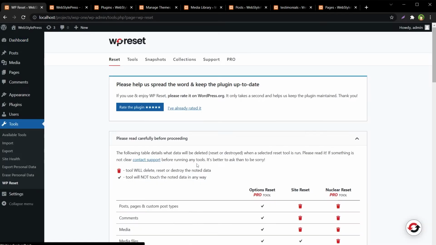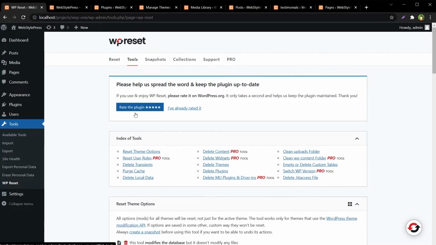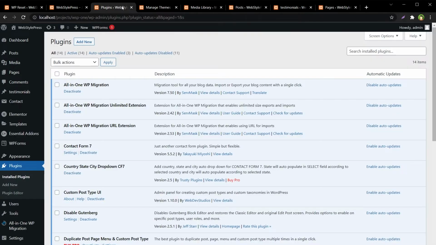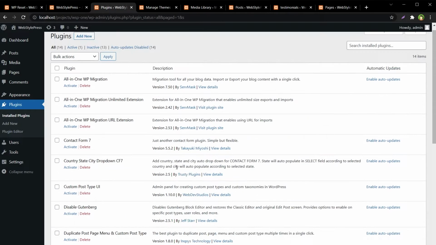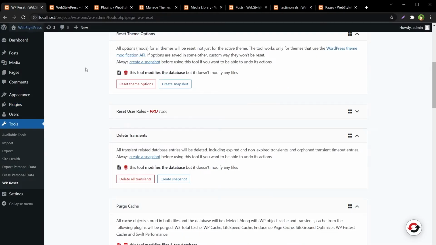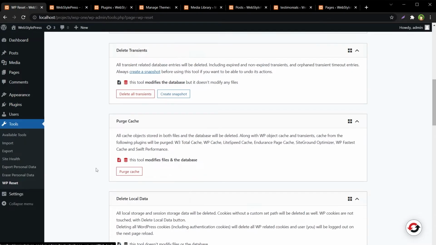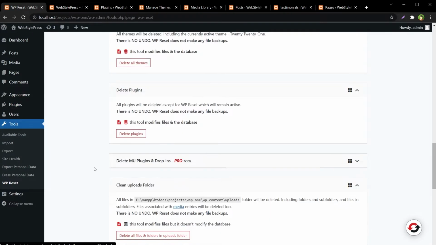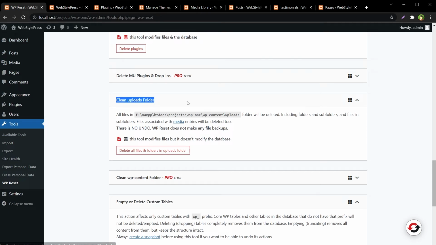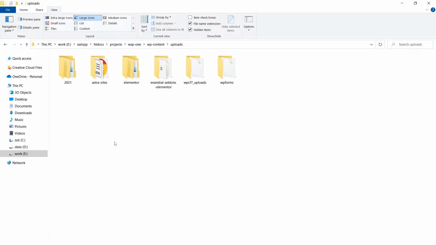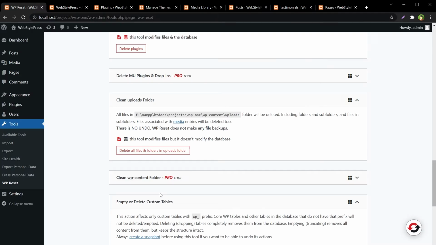Tools, WP Reset. Tools. We have got plugins, but these are deactivated. First of all, I will use this option, that is clean uploads folder. We've got data in the uploads folder. Clean uploads folder.